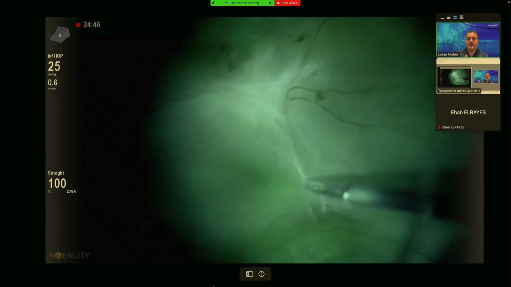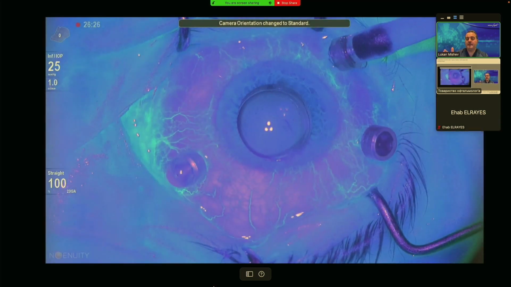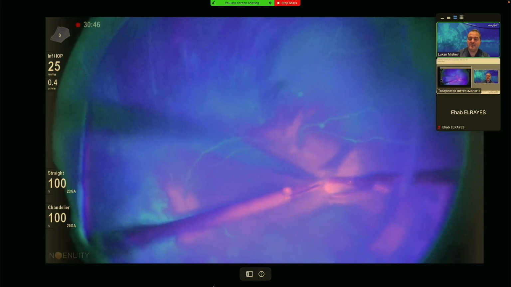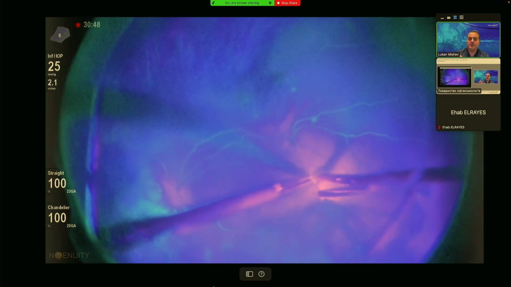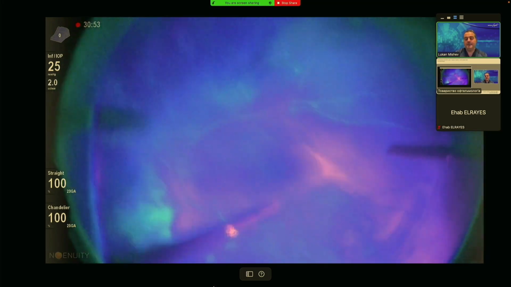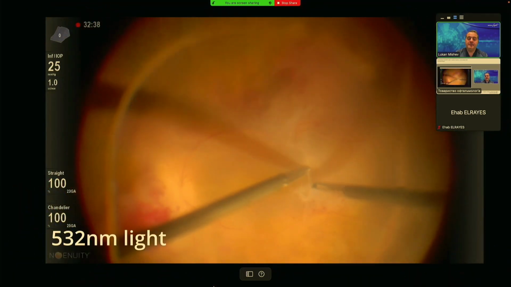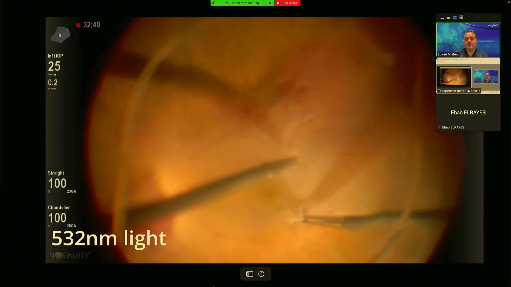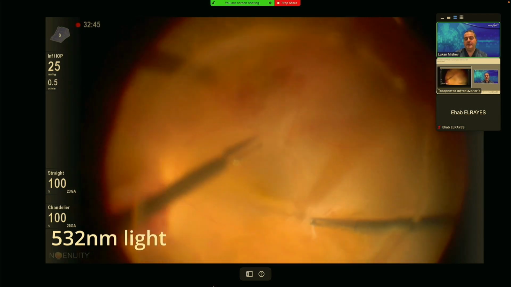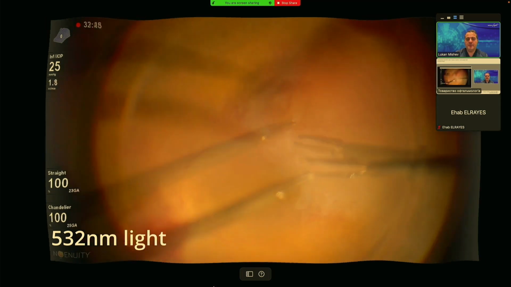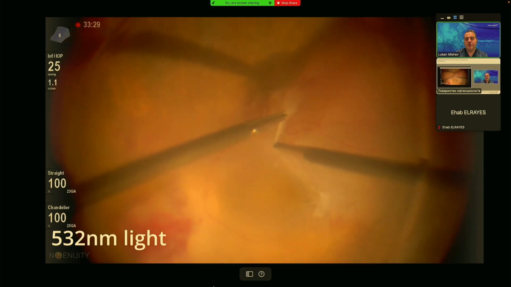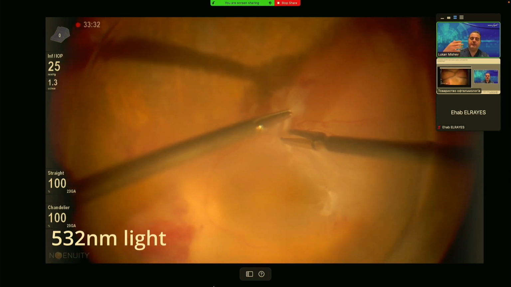This is actually the ION filter, and this is the autofluorescence of the anterior segment, and also autofluorescence of the posterior segment, and me cutting one of these membranes. This is another type of illumination, which is 532. No, it's 579 actually, because it's a bit yellow, but it can show how, playing with the multi-wavelength